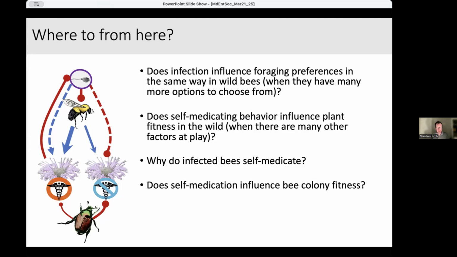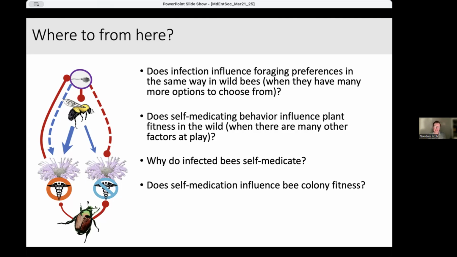But it's something that we're working on. And for this Monarda system we don't have it yet, but there is evidence from some other sources that other plants are able to have a strong enough medicinal effect that they end up influencing the fitness of the colony and potentially even the population-scale success.